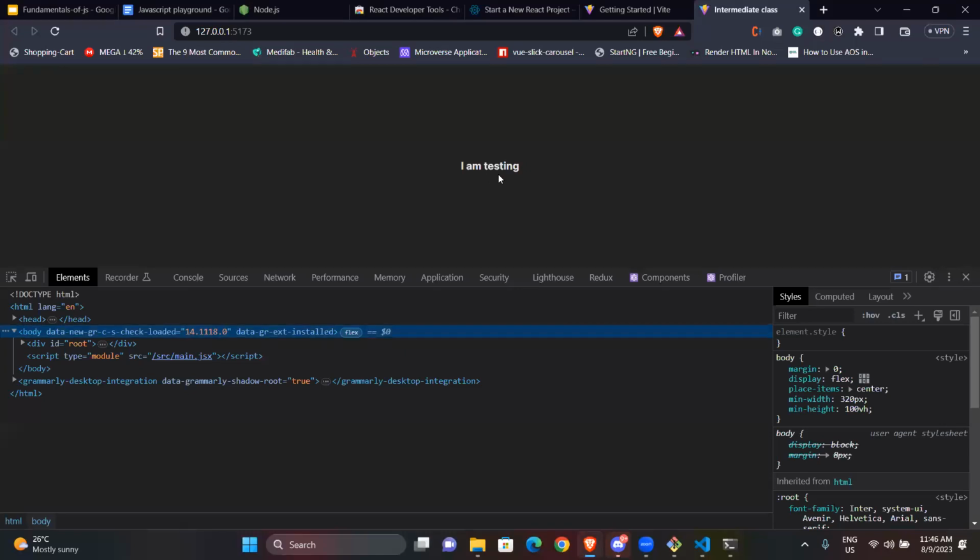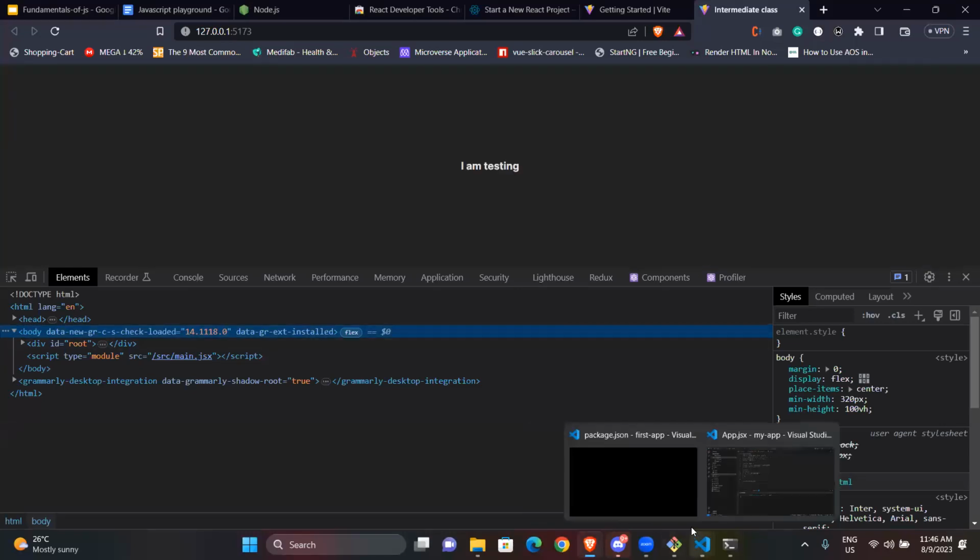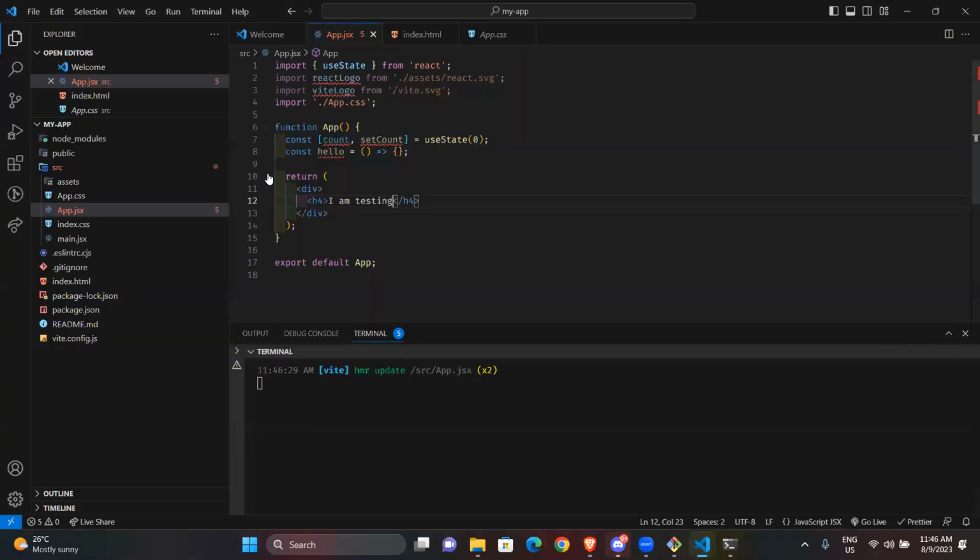So you see, automatically it re-renders. You can either do it this way, or alternatively, you can use what we call fragments, more like what we had earlier. So you just do something like this, and then you put whatever you need.